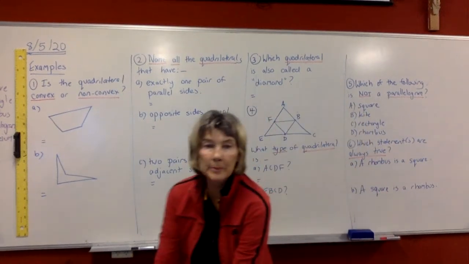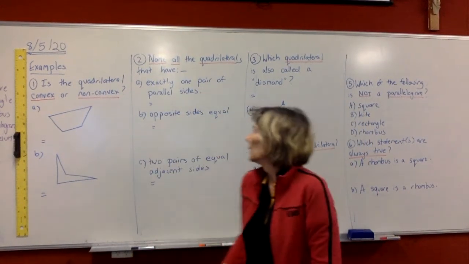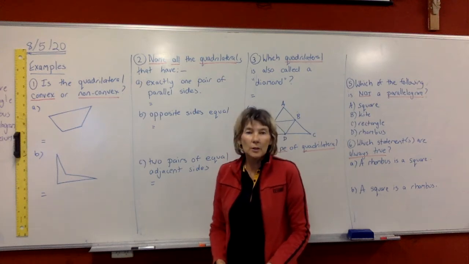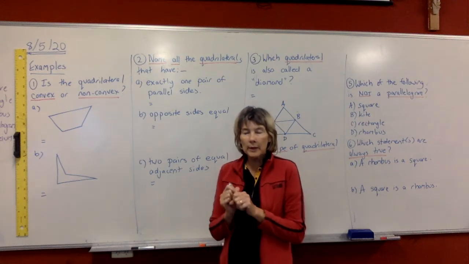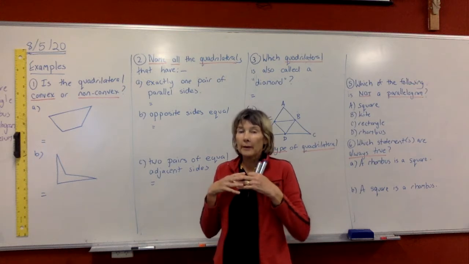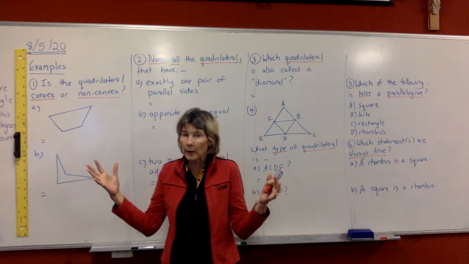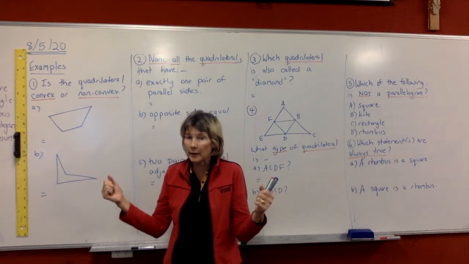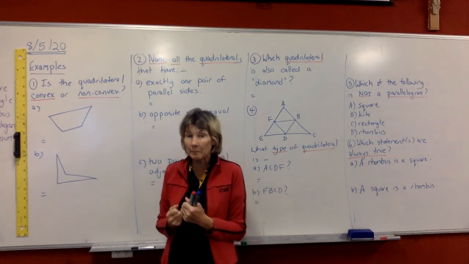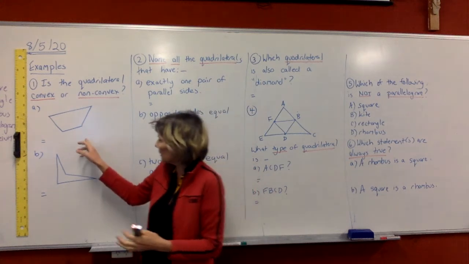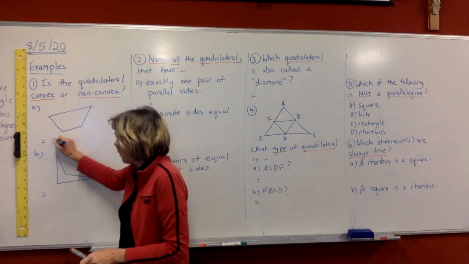So we're going to go through some examples now. First question says, is the quadrilateral convex or non-convex? So we're looking at convex, where we're standing inside and blowing out, versus standing inside, inhaling, sucking back in. That would be non-convex. So this one here is going to be a convex